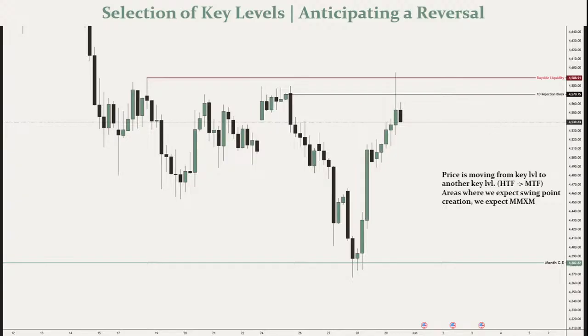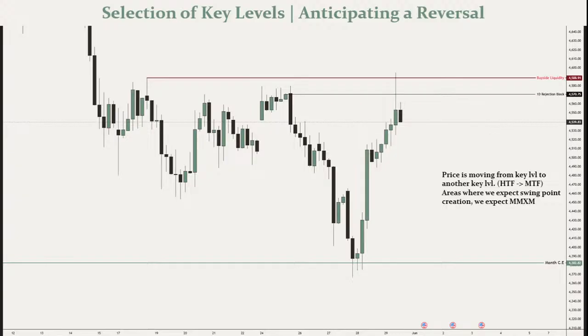So first of all, you have to understand that price is always moving from one key level to another key level. To define it mechanically, you can say that whenever price enters or taps into a higher time frame key level, then price is expected to move to a medium time frame key level. So in this case, when gold moved into discounted